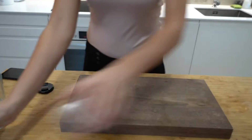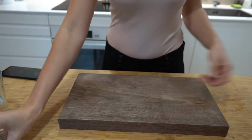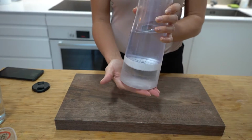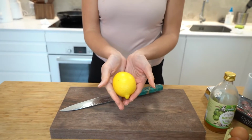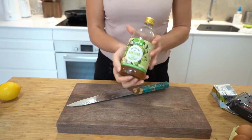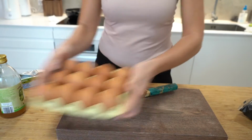For this eggs benedict recipe, you will need salt, butter, active dry yeast, water, flour, milk, a lemon, some white vinegar, eggs, Parma ham,